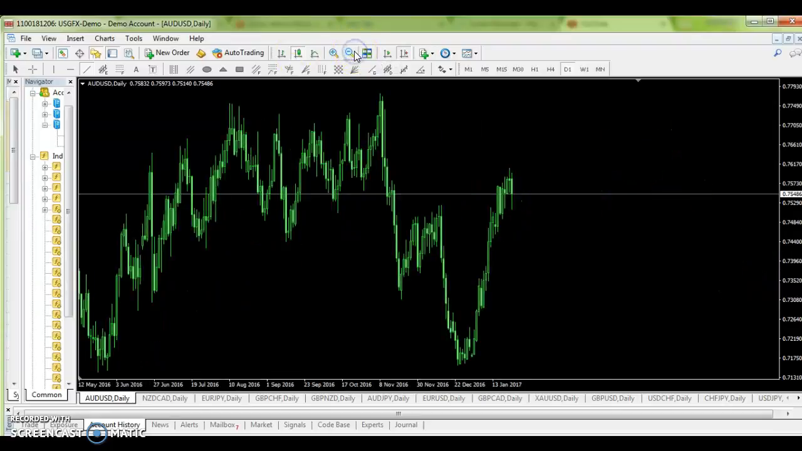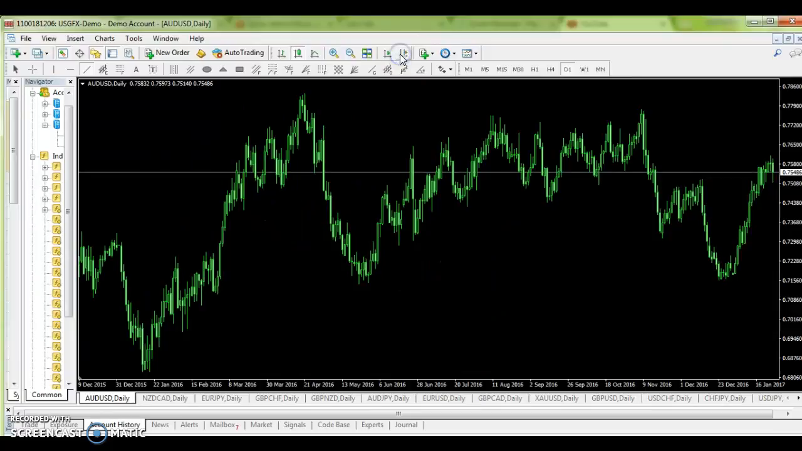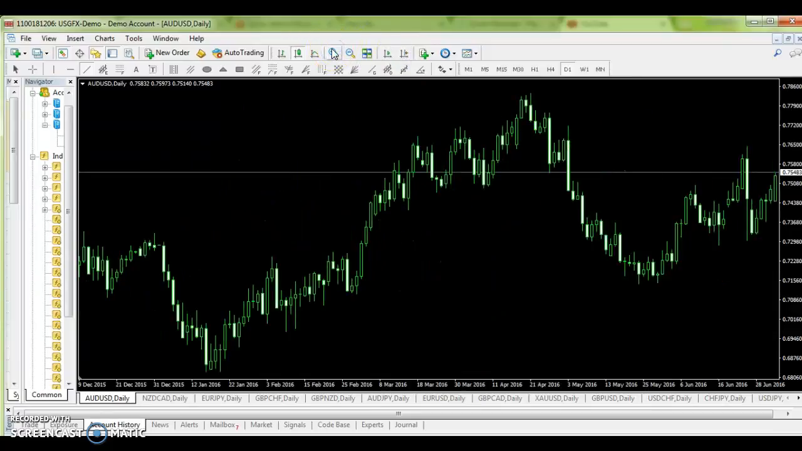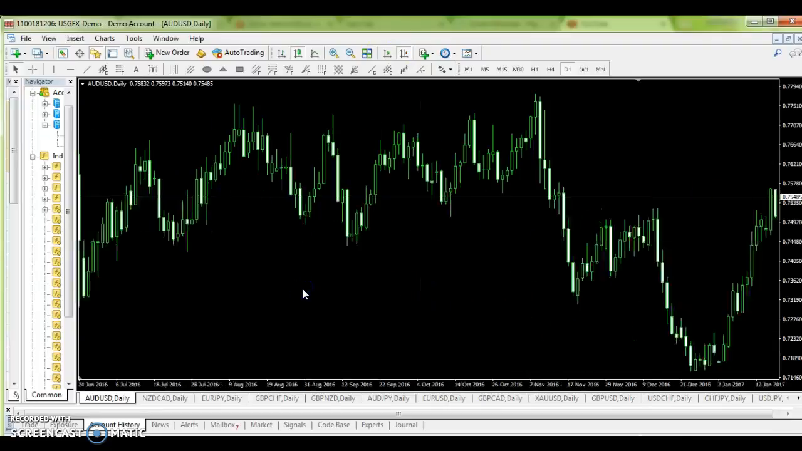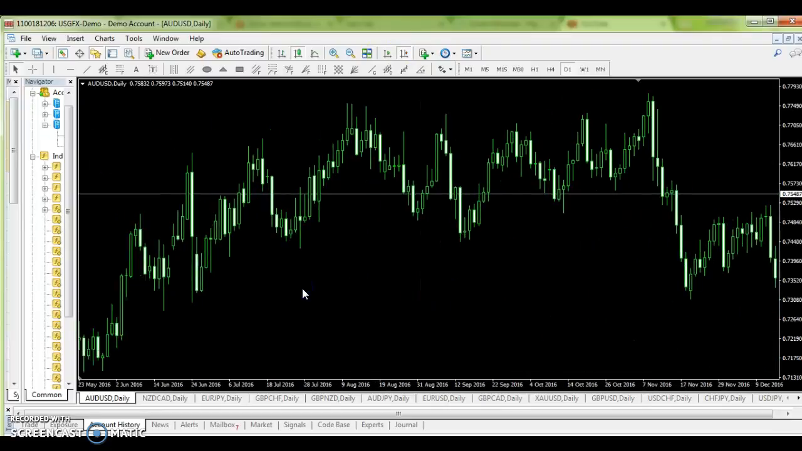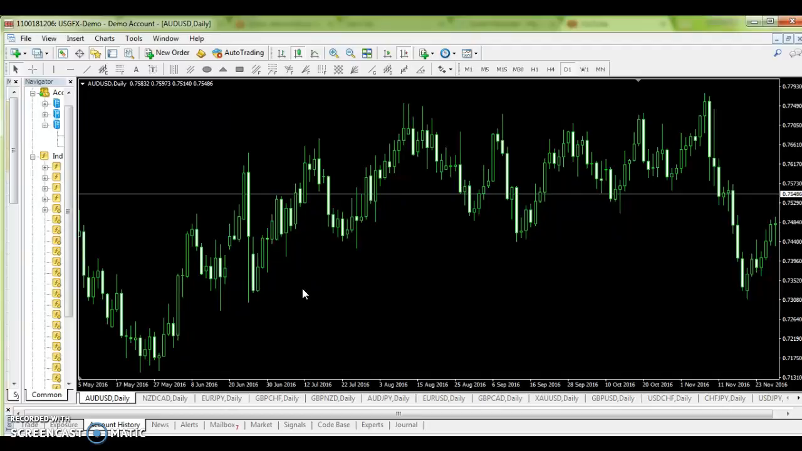Right, this is the daily chart of Aussie USD. Okay, I just grab it and zoom in in order to clearly show you. This is January 2016. As I have pointed out, from this to this, there was an uptrend, a major uptrend, but a major uptrend has a